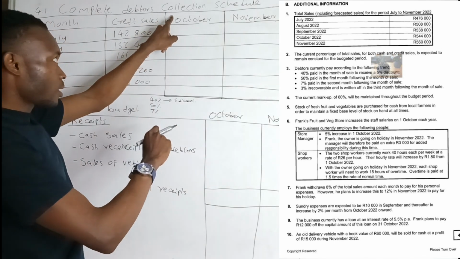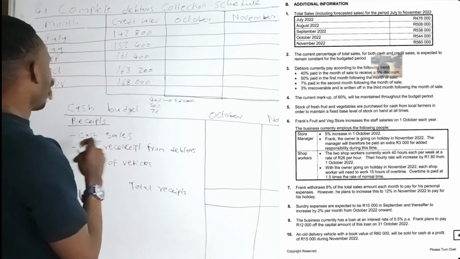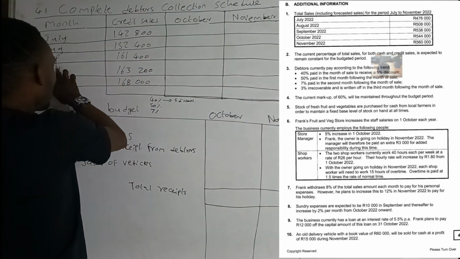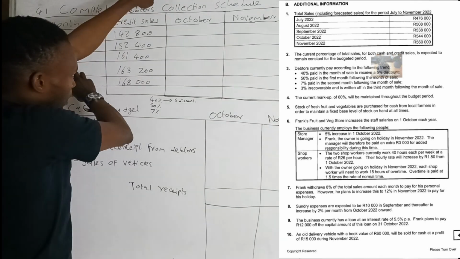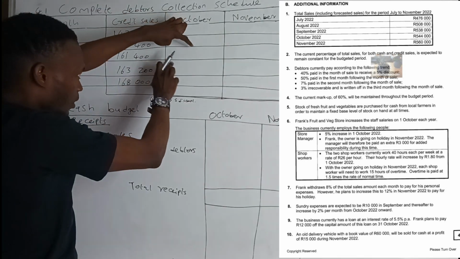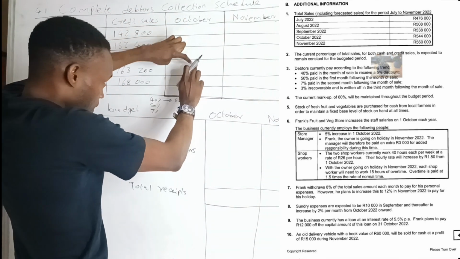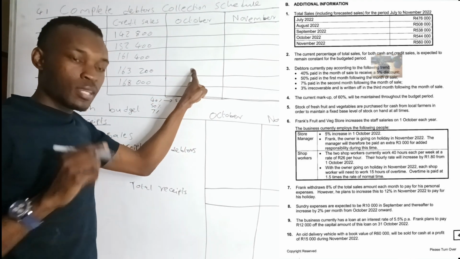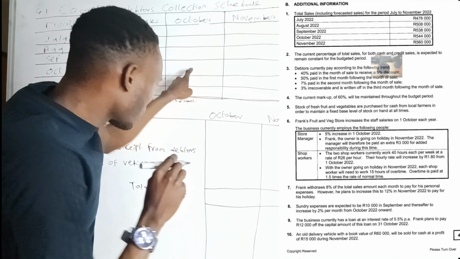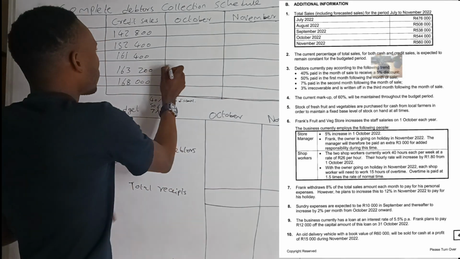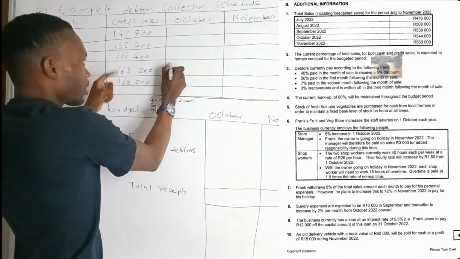We have October this side. Do we have October this side? Yes, October. Which means that we check October and do it like this. And check the column that they're going to meet is this one. Very simple. So in this case, simple means that we are going to say our credit sales of